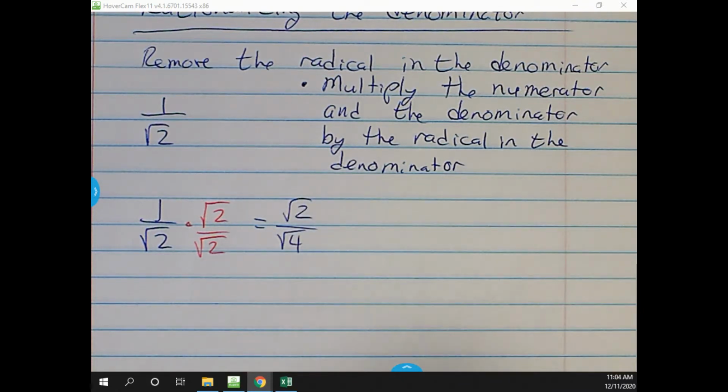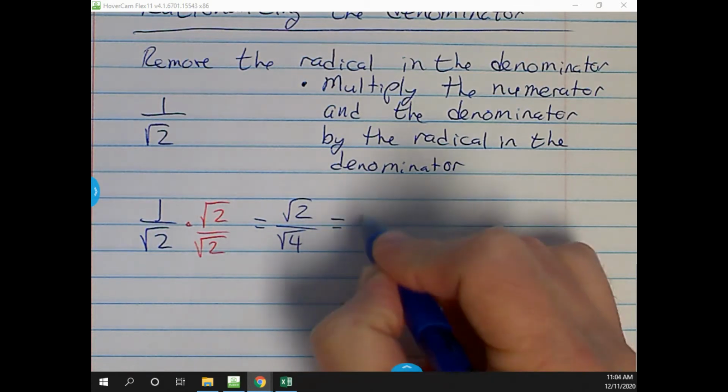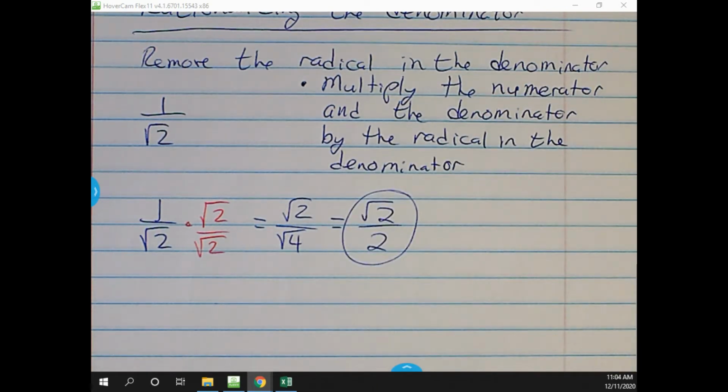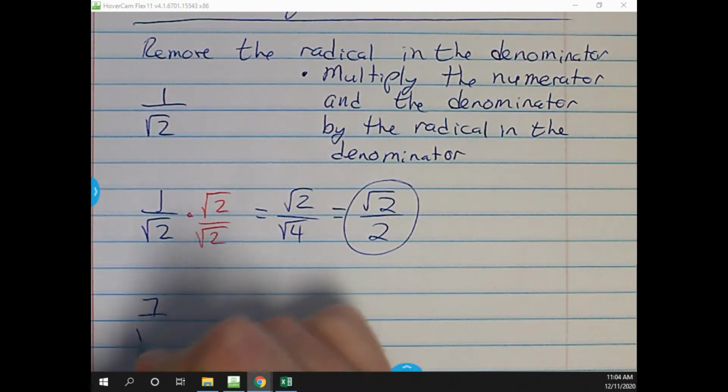And then whenever you do that, here's what you want to see. In the bottom, you've got square root of 4. Well, that's just 2. So that becomes square root of 2 over 2. And that's all you have to do. You just have to get the square root out of the denominator. If it's in the numerator, it's fine. But the denominator just needs to be a number without a square root on it. So if it was 7 over the square root of 3,